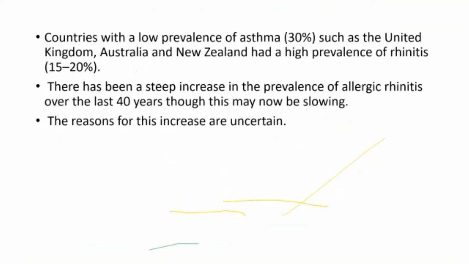So the high prevalence of asthma is there even in the UK, Australia, and New Zealand. These are all cricket teams. As you know, UK, that is England team, Australia team, and New Zealand team. You can just say the prevalence of rhinitis is nearly 20%, and their asthma is 30%. So as you could see here, the steep increase is there. Of course, the reasons are unknown, but you can just say pollution is one of the reasons. Just think like that in a common sense manner.